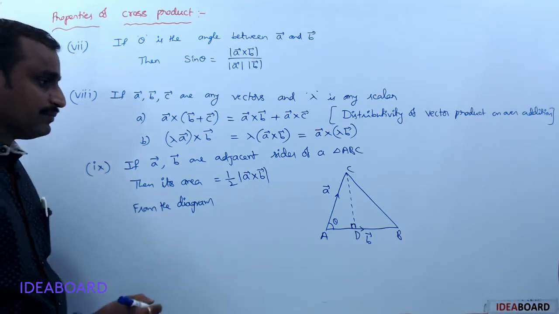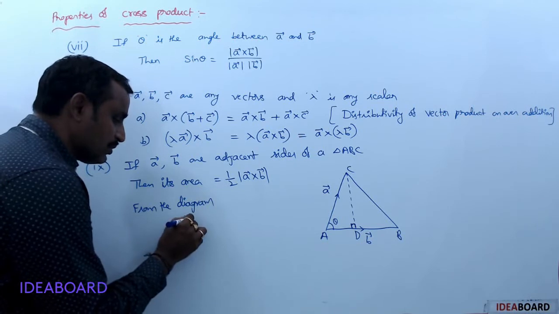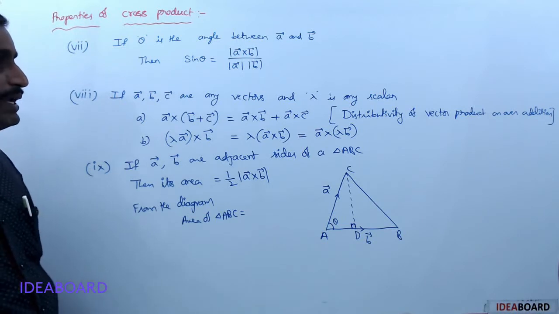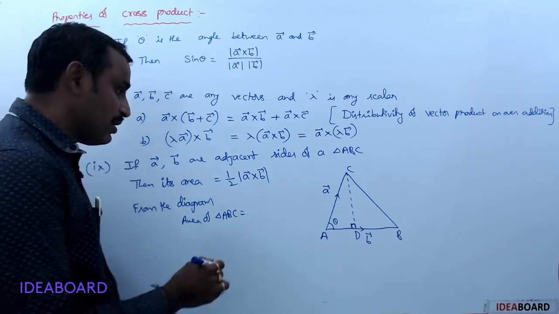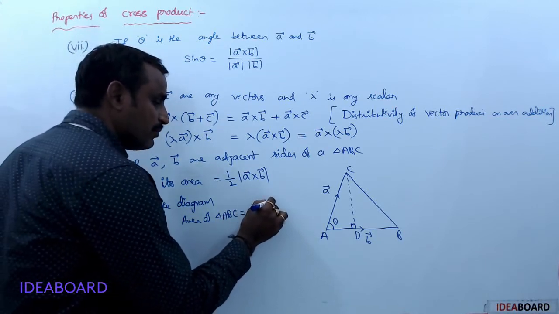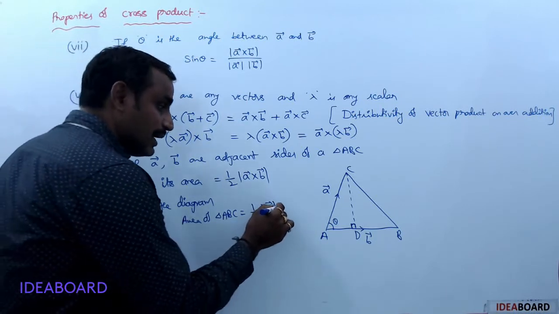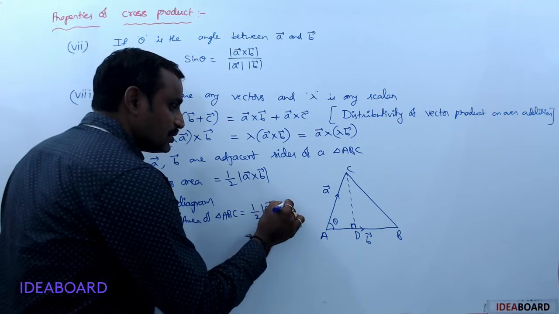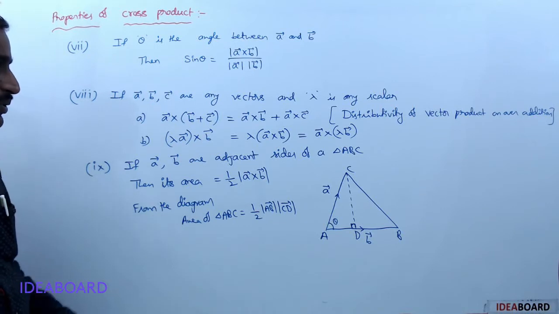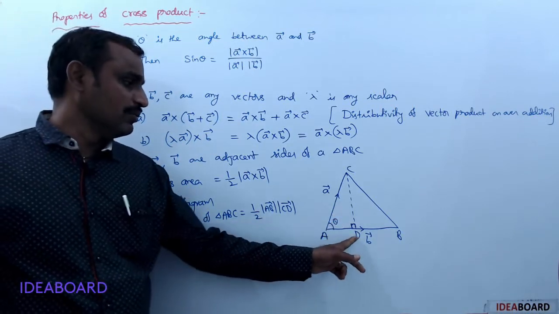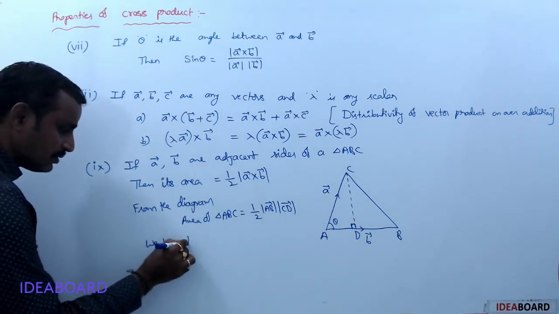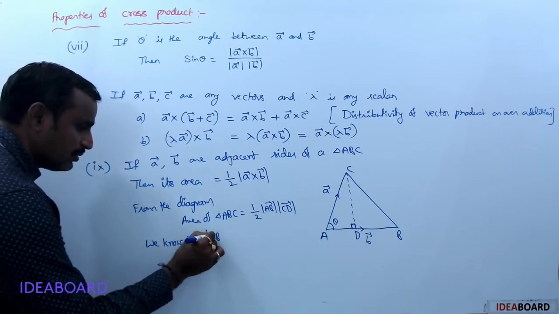you can see area of the triangle ABC is equal to half into base into height. Base is magnitude of AB bar, the length of the vector. Next height is magnitude of CD bar, this is also the length of the vector CD bar. We know that magnitude of AB bar is equal to magnitude of b bar,